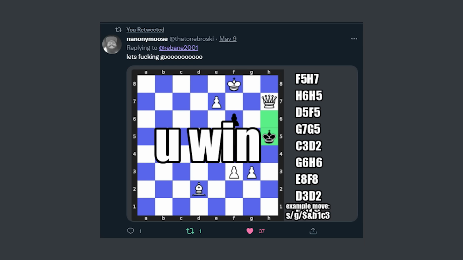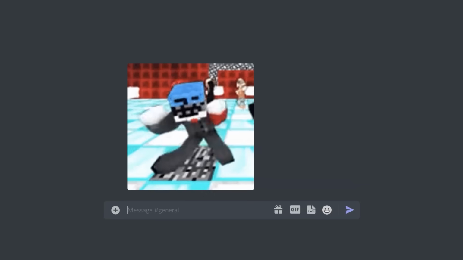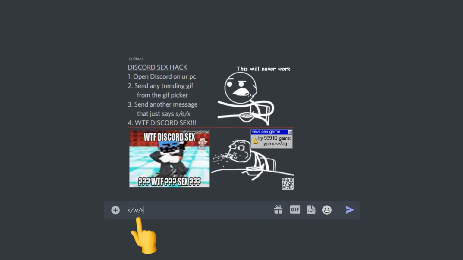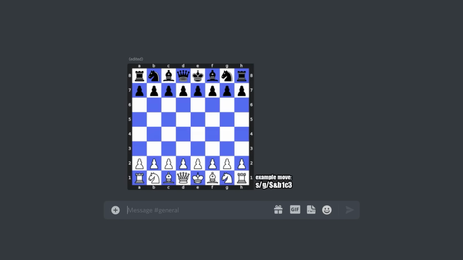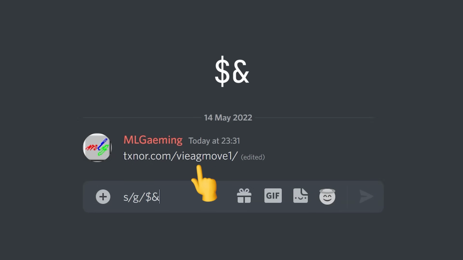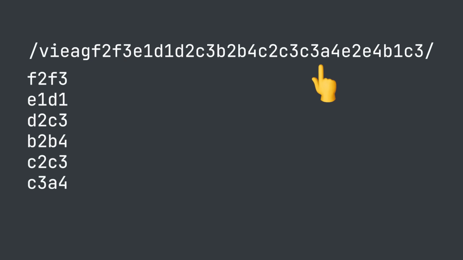Later on, I also added a chess game to the mix. You could activate it by typing sex and then svag. Then you could make your moves by typing this thing, and then which piece you wanted to move where, and that's how you played the game. So how did it work? Well, these characters make sure that she is not replaced, and the moves just keep stacking up to the right of it. Then, my server processes out the moves from the URL and lets you play chess against the Stockfish